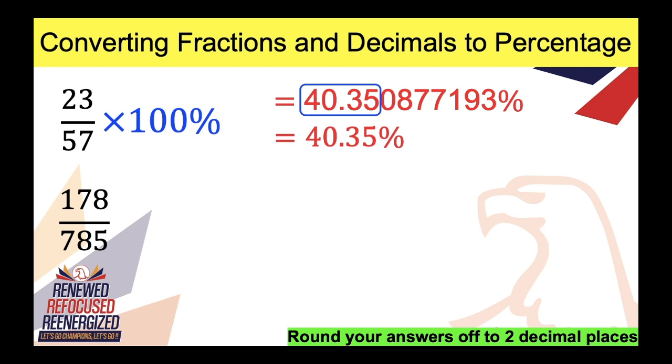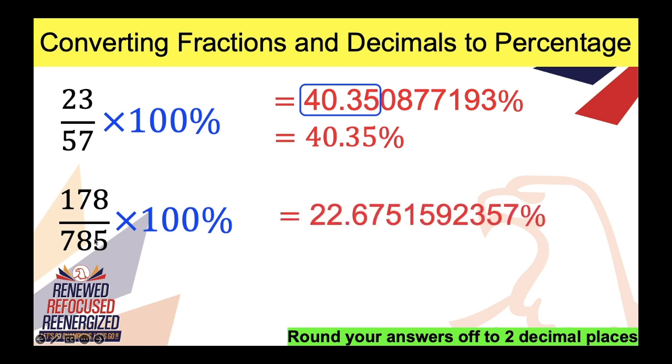Okay? Pause this video and do this on your own. All right, times 100. Make sure that you divide this first using your calculator, numerator divided by denominator, and this gives you this. Remember, since it's very long, two decimal places. Look at the third decimal, it's 5. Therefore, this isn't correct. So this should have been